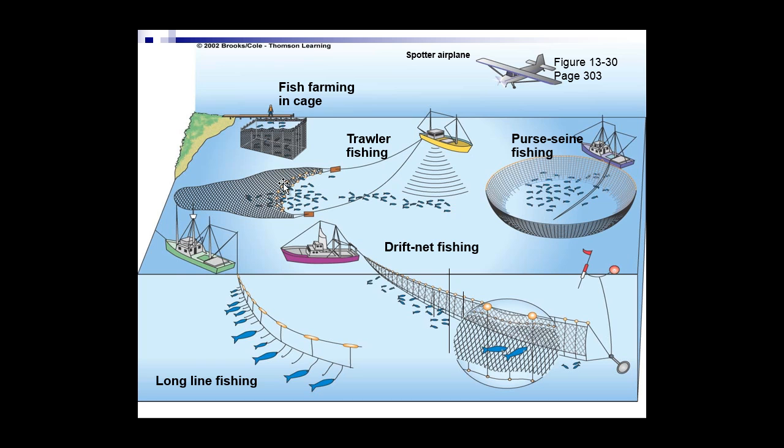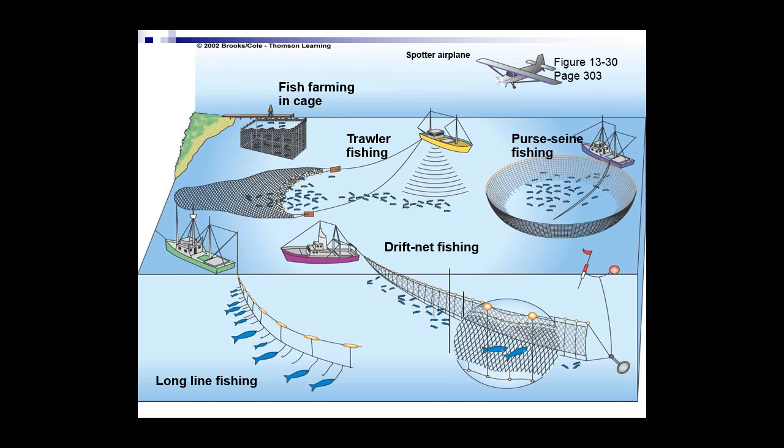Trawler fishing, this is where you have the boat move along, and as they move, they drag a big net behind them that trawls along the ocean floor and just sweeps up all the fish. And finally, purse seine fishing. This is where you have the boat circle the school of fish with a net, and then they close the bottom and just haul in the net. Okay, so like a purse, not modern day purses, but old purses like the leather pouches where you have the drawstring. That's where the name comes from.